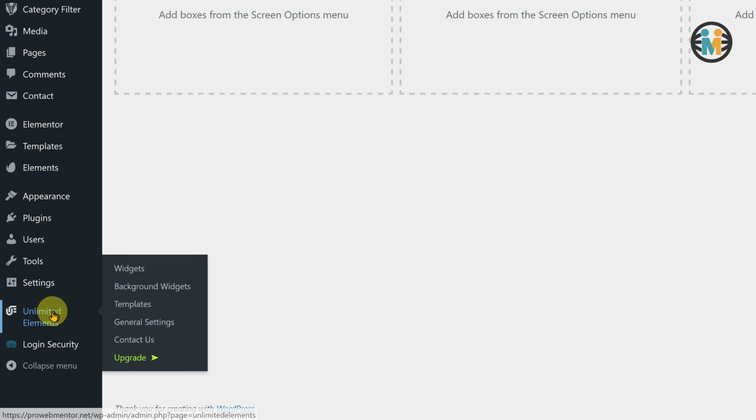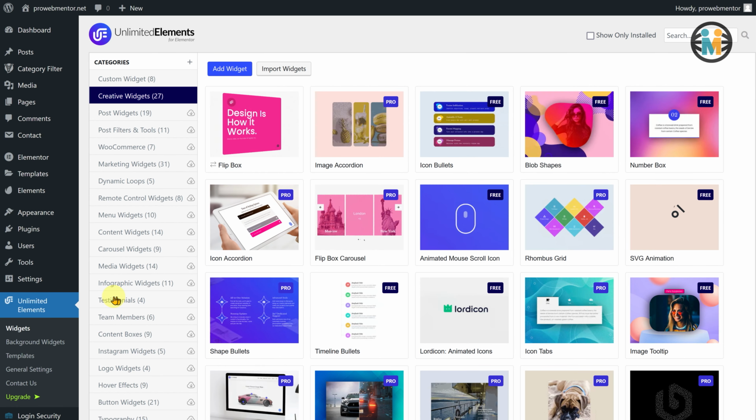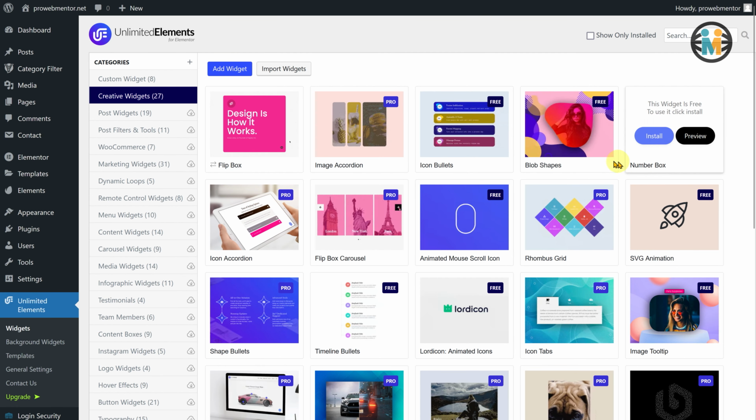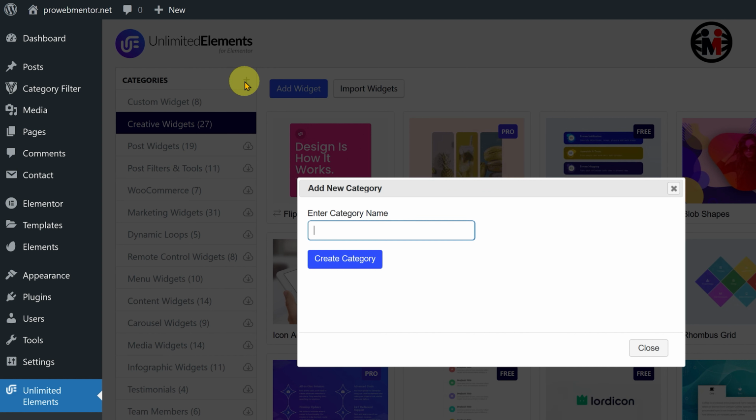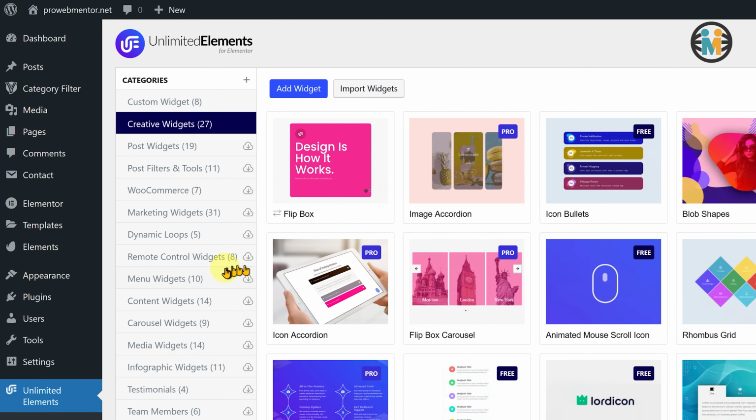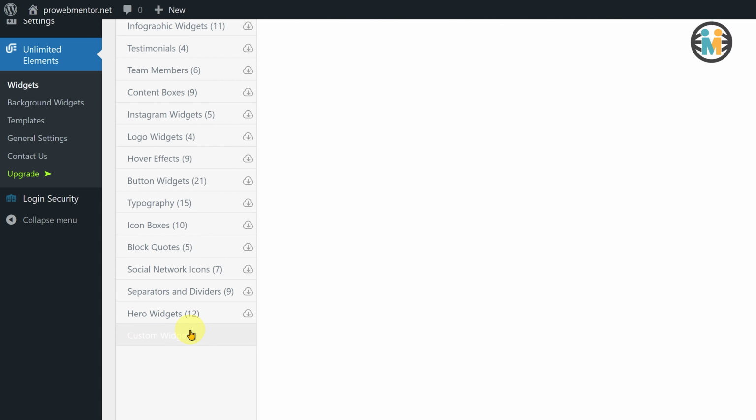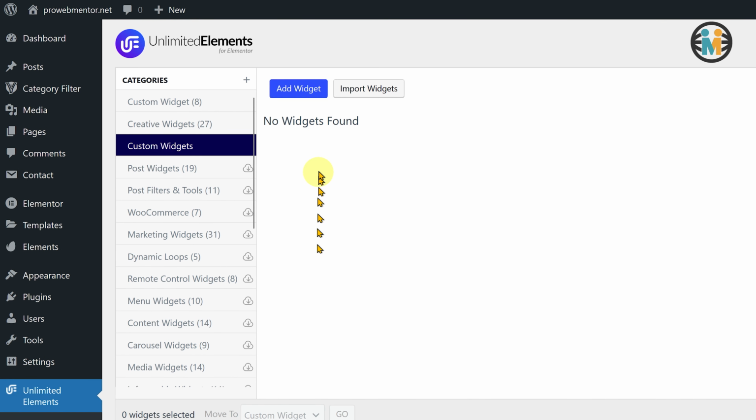Next, hover over the Unlimited Elements, and click on the Widgets option. The Unlimited Elements plugin offers a wide range of both free and pro widgets. You can freely install and use the available free widgets without making any purchases. Before we begin creating the custom widget, let's first create a new category. To do so, click on this plus icon, then type the desired category name, and finally, click on the Create Category button. Now, to create the new widget, navigate to the newly created category, and click on the Add Widget